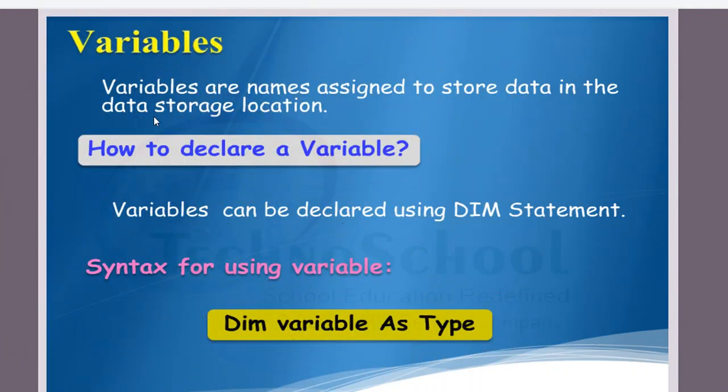Yes. Next comes variables. Variables are names that are assigned to store data in a data storage location area where you can modify the data during the program execution. For example, the best example we can take is a classroom. In our school, there is section 8A, 8B. This section 8A is a variable, also the data storage location area. Okay, so make a note, students are the data here.